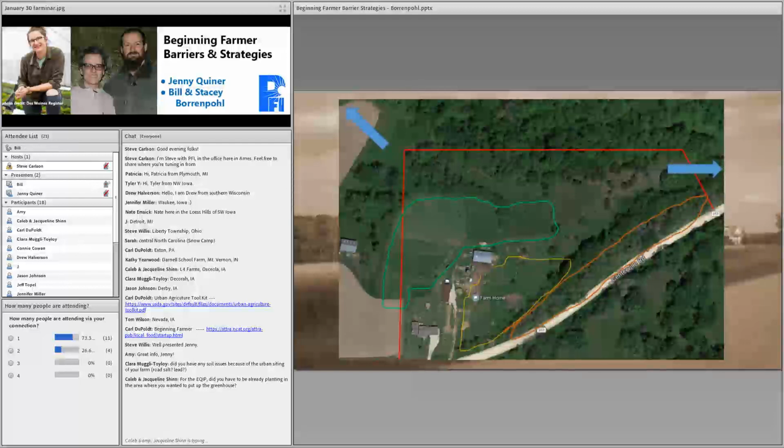I haven't done grazing all the time, but I've kind of worked into that and have enjoyed learning more about it. The orange line here is our sacrificial pasture. That's where we clamp things down when we need to. And then this area right over in here is going to be our goat area. That's been some recently purchased ground. I'm sorry, right over here is where we want to put our goats. Been putting some fence up through there. And then the rest of the area here that's in the red is really where we